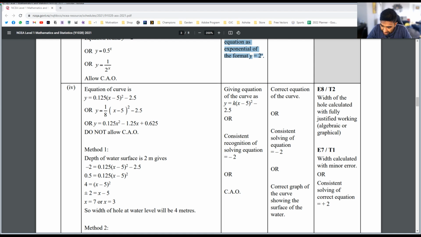So as you guys can see, lots of possibilities in terms of grades that you can get. I mean, you could get an achieved for just putting the quadratic formula in vertex form. You could put,